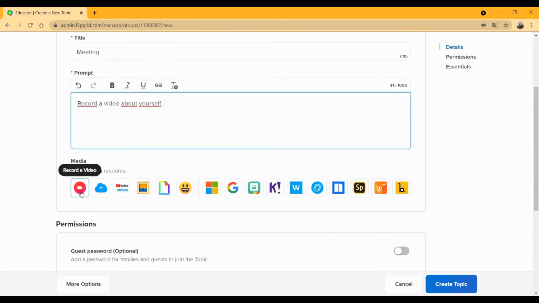In media, you can record a video, you can upload a video, you can add a video from YouTube, you can upload an image, you can add a GIF, you can add an emoji, or you can use other platforms such as Microsoft, Google, Kahoot, Bitmoji, etc. So if you want to record a video, you need to click the record a video button, and then